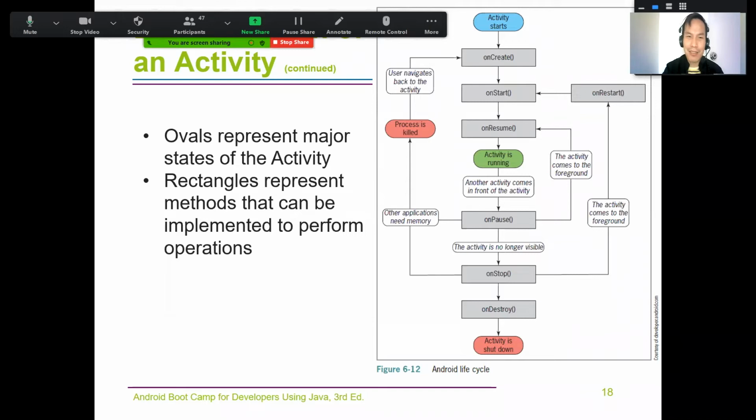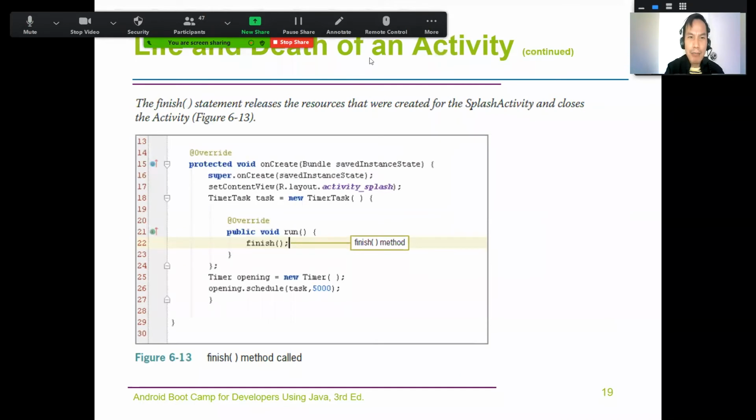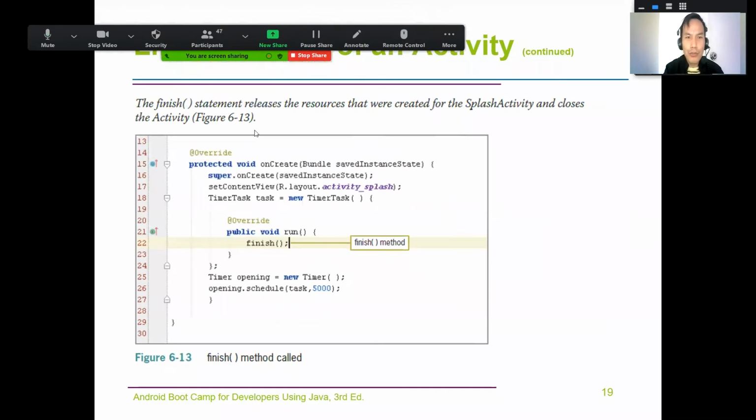Okay, next we have the life and death of an activity, continued. So the finish method statement releases the resources that were created for the splash activity, and the class activity as well. So on line 22, you need to create a finish as part of the finish method. So meaning it will end. But still, lines 24, 25, 26, 27, it's the same scenario. You cannot edit that. Still, the flash is still there. All you have to do is create a finish method to enable us to call